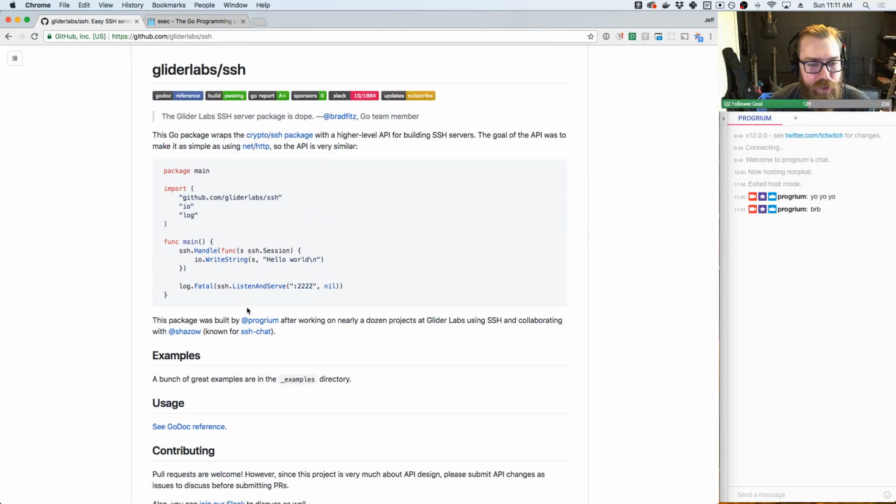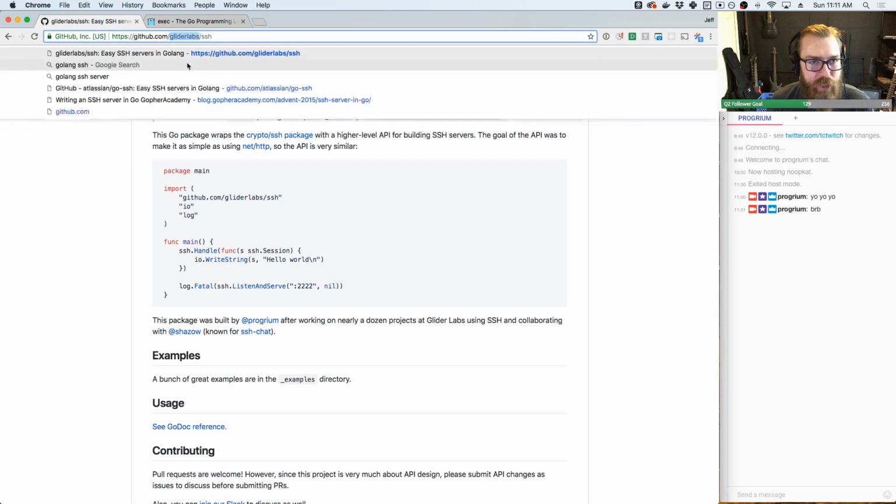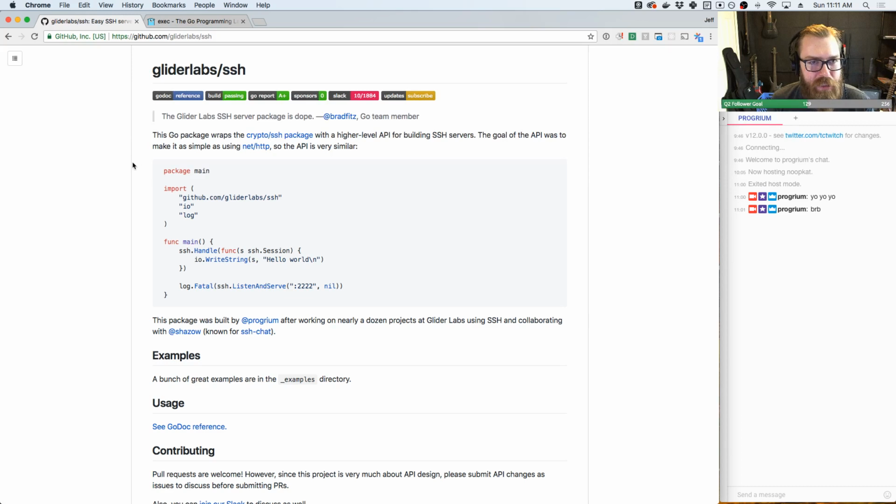But it's under Glider Labs, but Glider Labs basically doesn't really make any money anymore, plus everything that we did as open source was sort of in free time anyway, so